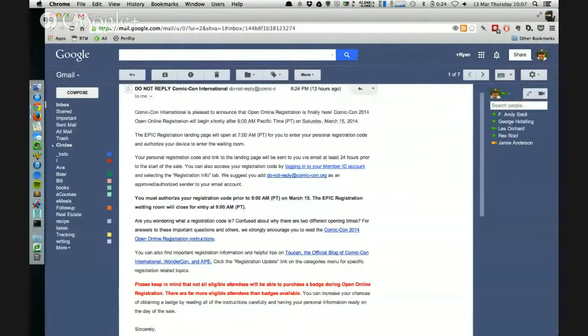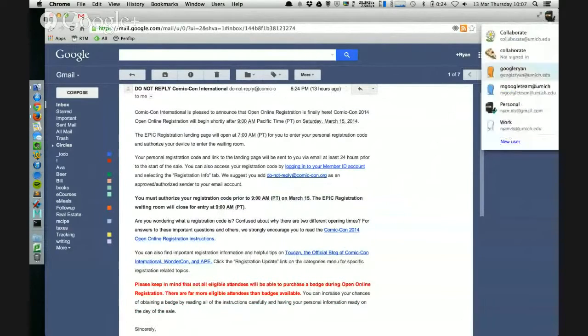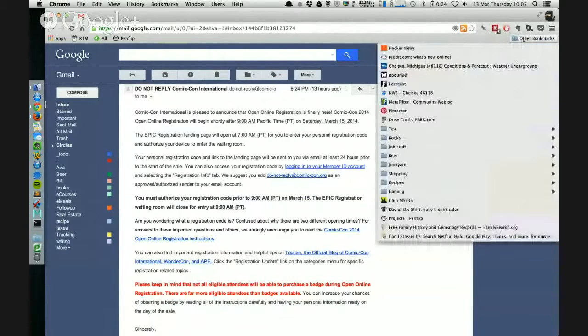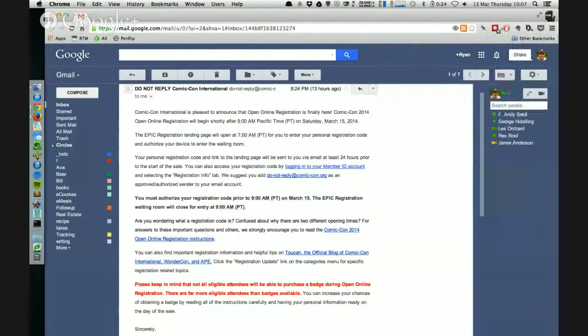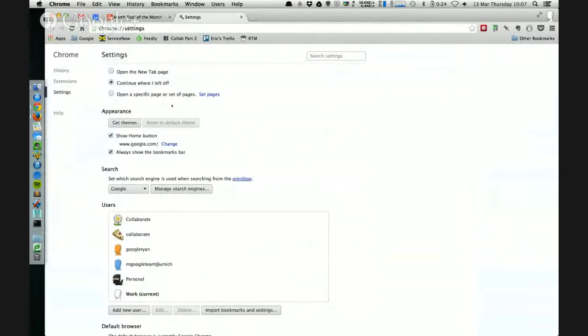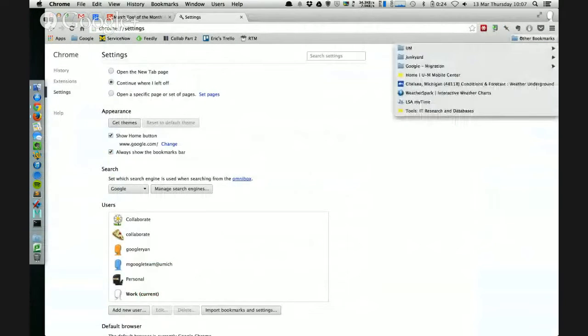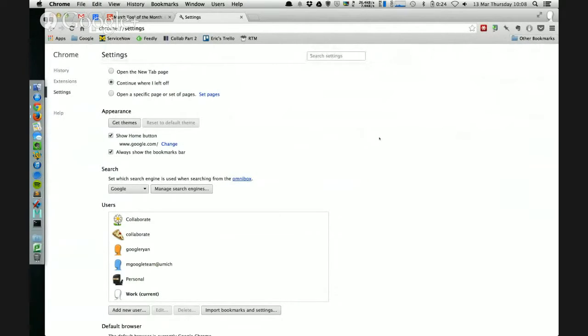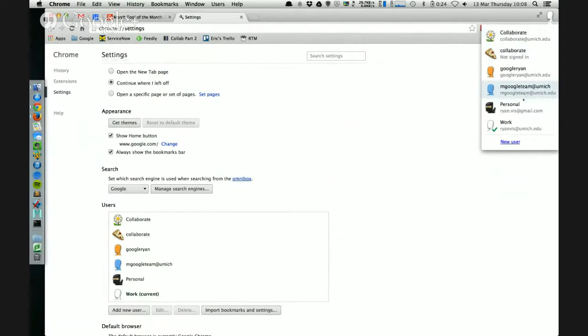But what you can see in here is I have a unique set of bookmarks, I have a unique set of extensions, and all of this stuff is different than my Umich account. So I have all kinds of bookmarks here that are specific to work. I can get the forecast at home. I can go look at some of the things that people are doing on campus. I have a junkyard of things. But all of this is managed under the profile. So each one of these profiles can have its own set of things.